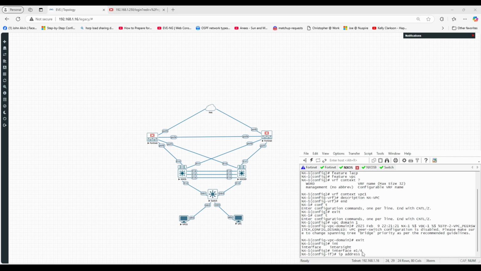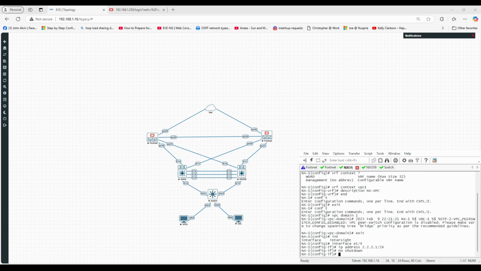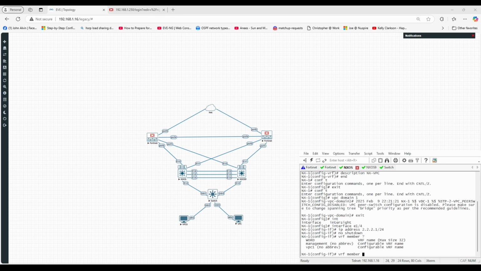1.1, I got 1.1 already, right? So let's say 2.2.2.1/24, right? And then no shut, and then I think it's VRF member vPC1,